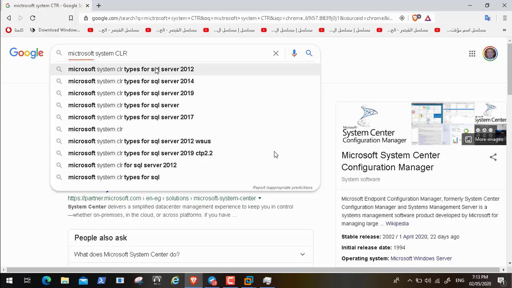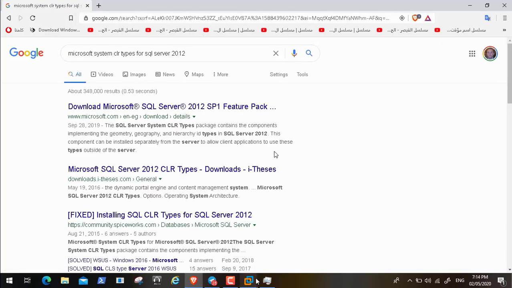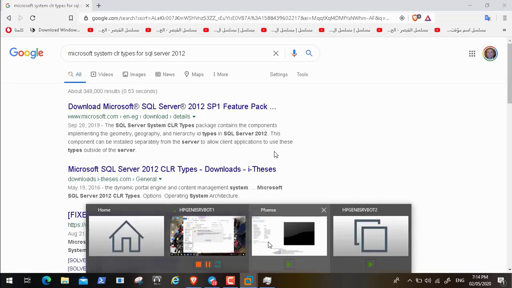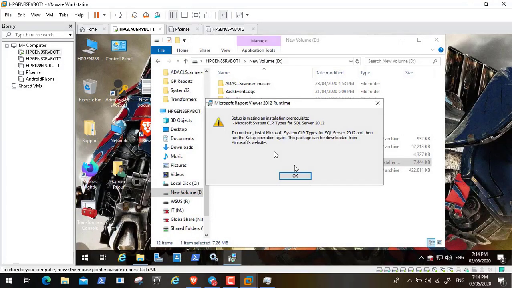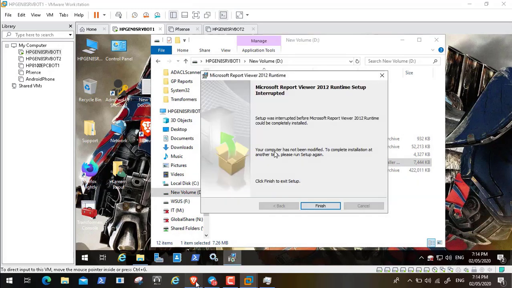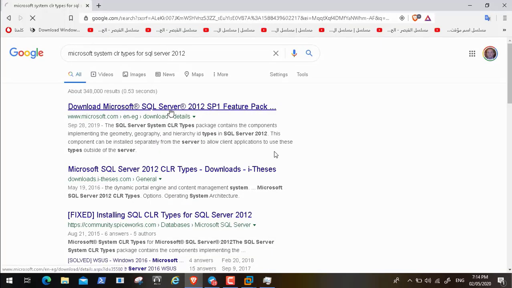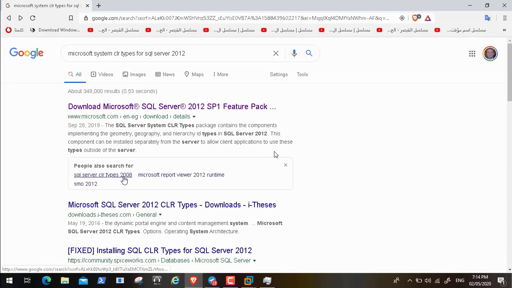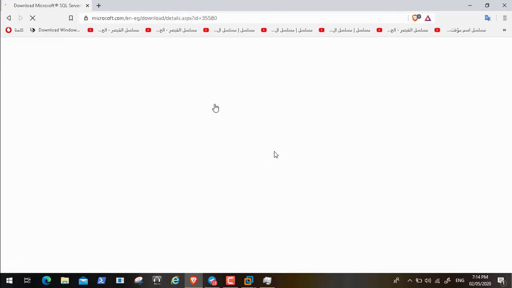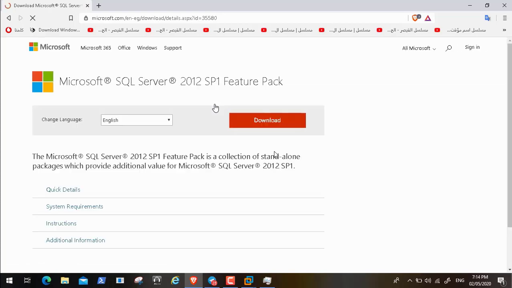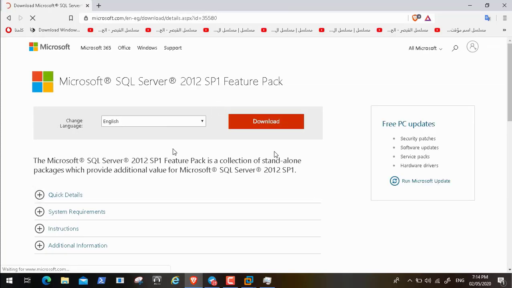Okay, we need the first one. So we will install or get the files. Here, this one, Microsoft SQL. I think we will go to the first one, the first link. And then we will go to the download section,